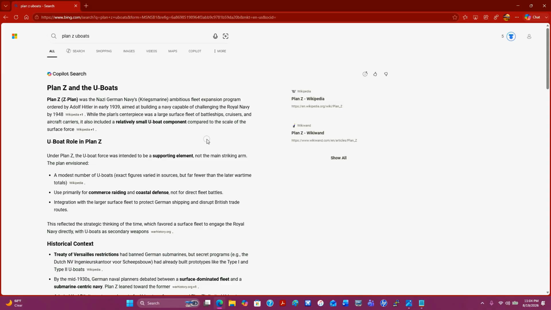The main reason that the U-boats under Plan Z or any other plan in the German forces in World War II were finally defeated was not any mechanical technology. Obviously, the depth charges did the job, but the actual reason was that code breakers like myself broke the German